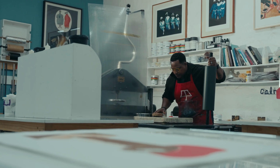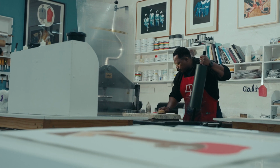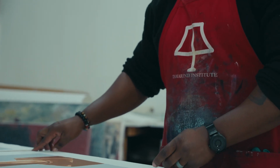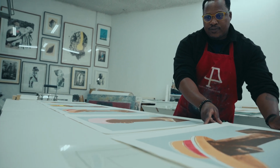For lithography, I did about 3 years with Mark, and then we applied to the Tamarind Institute in the US, in Albuquerque, New Mexico, and that's where I did my training, a full 3-year training in fine art lithography. So my specialty is lithography because that's what I've studied. Stone lithography, aluminum plate lithography, photolithography, and other processes such as egg albumen lithography. There are a lot of processes within lithography, and I studied lithography at the University of New Mexico from 2004 to